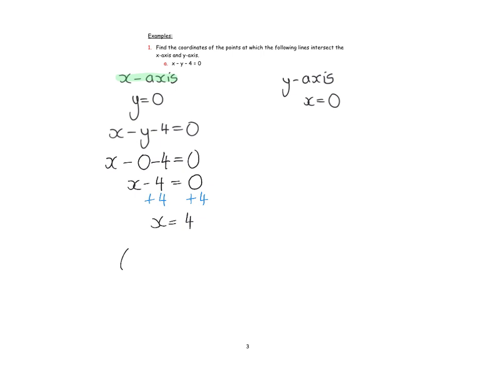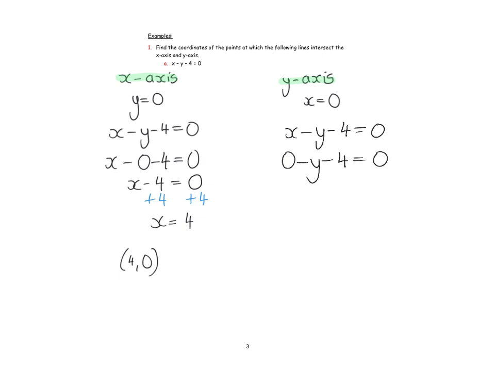So the point here is 4, 0, and that's where it cuts the x-axis. Next, we can figure out where it's going to cut the y-axis, and when it cuts the y-axis, x is equal to 0. So again, we take the equation of the line, which is x minus y minus 4 is equal to 0. We replace x with 0, so this is going to become 0 minus y minus 4 is